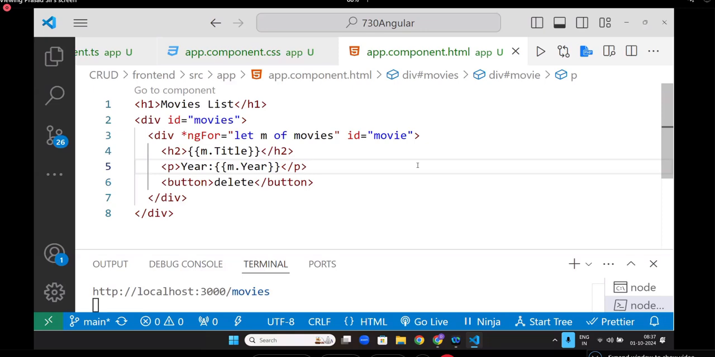Imagine three, four components are there, and all want to use APIs. Then we will write it in a service. Usually we will always write APIs in services only, because it will be used for all components. Okay. Now,